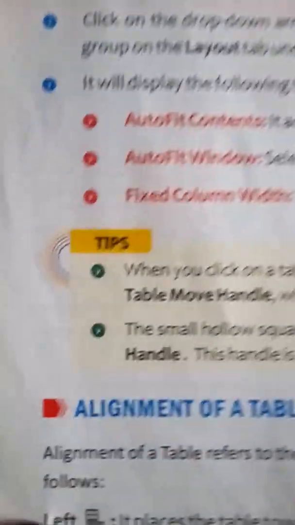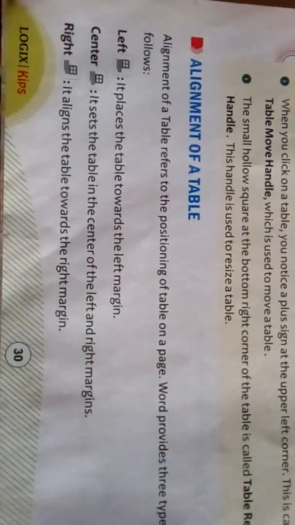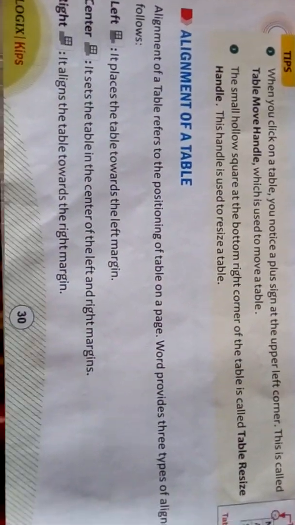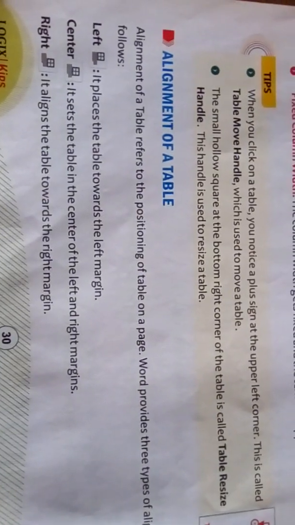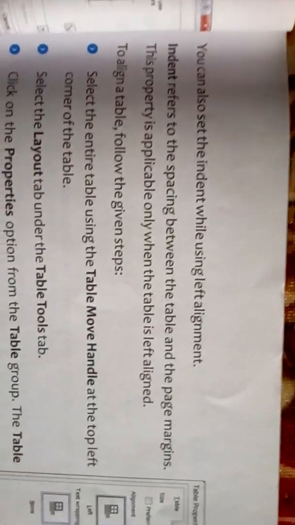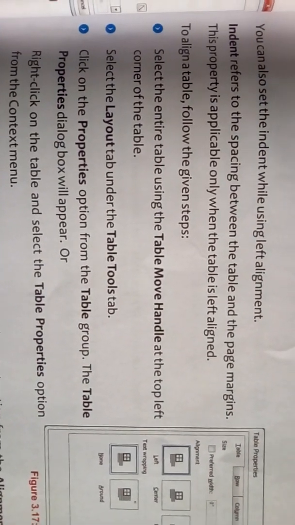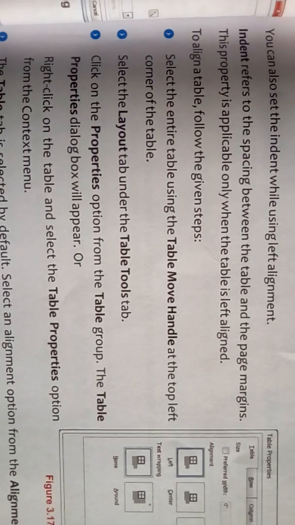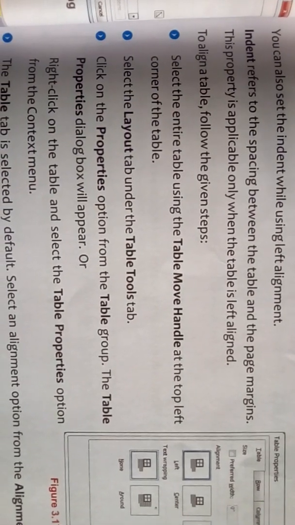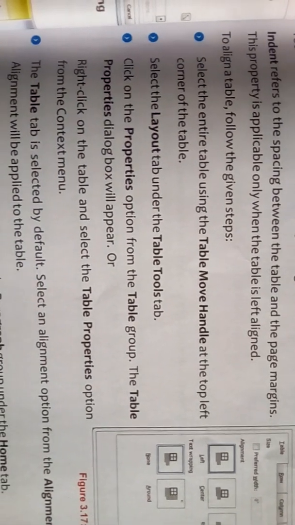Now how to change the alignment of a table. The alignment of a table refers to the positioning of the table on the page. Word provides three types of alignment: left, center, right. You can also use the indent while using left alignment. Indent refers to the spacing between the table and the page margin. This property is applicable only when the table is left aligned. To align the table, select